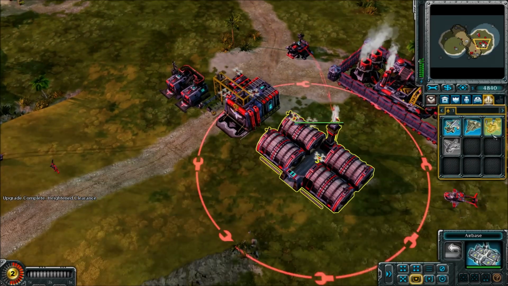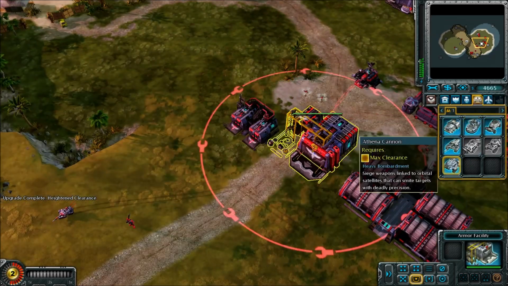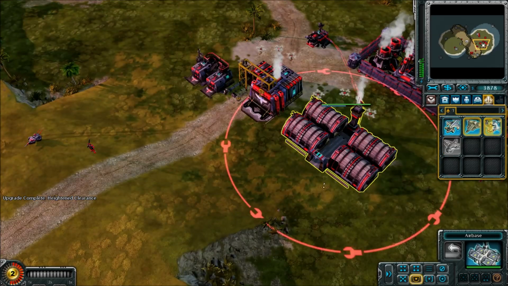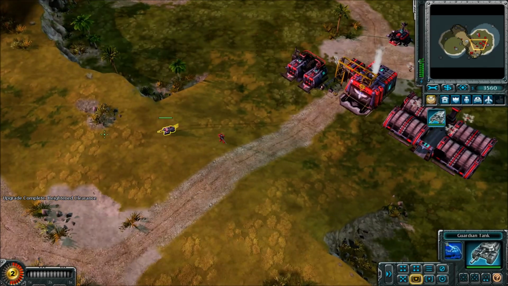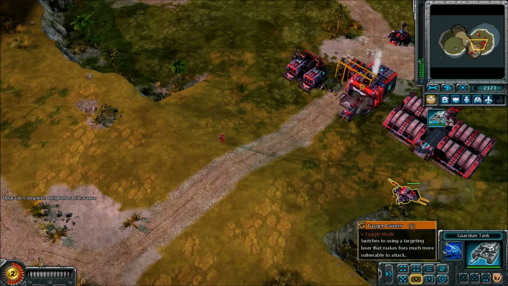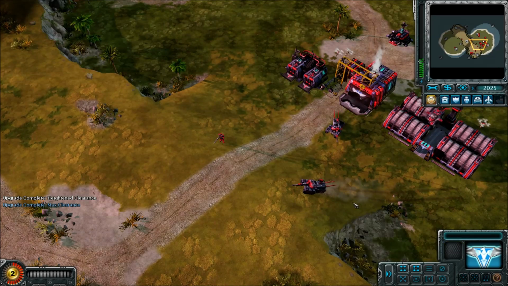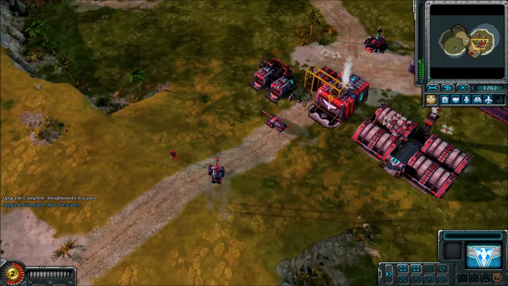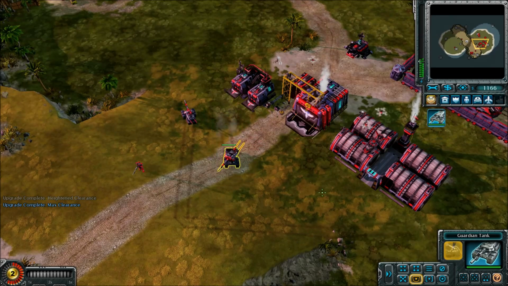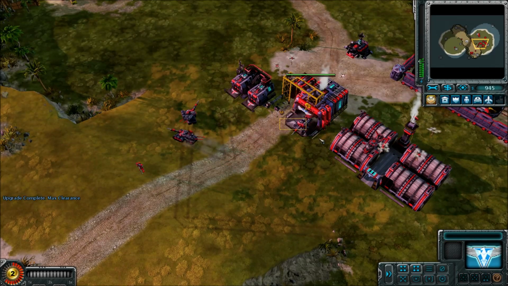And if I would have, for example, 2 or more cryocopters here, let's build some more. Some units have cooldowns on their special abilities. Do not use them immediately. Wait a little bit for the